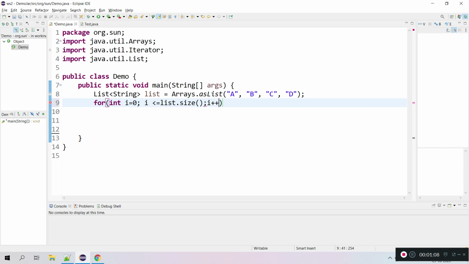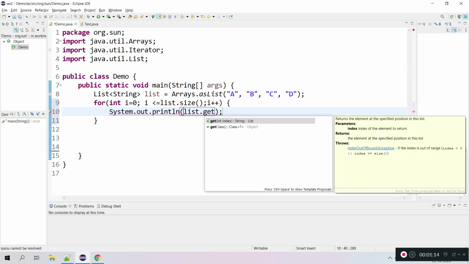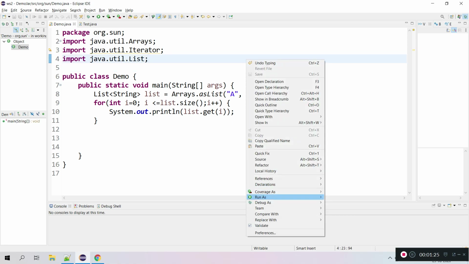And this is the incremental part, and here we'll just print the elements from the list. This is my class with a for loop iterating the elements.